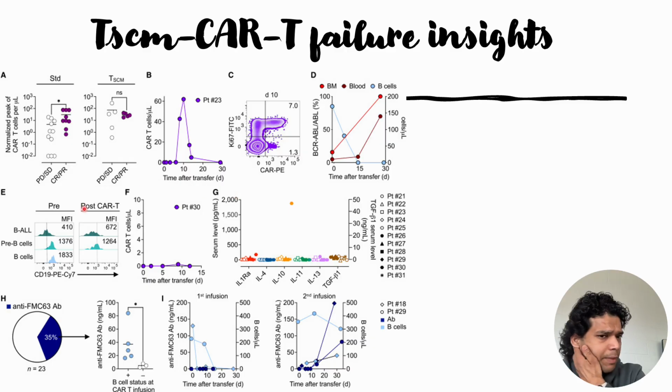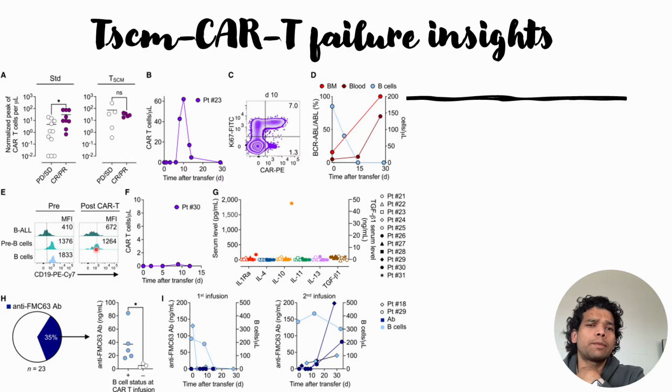Afterwards, they did further analysis in terms of CD19 expression. Before this CAR-T cell treatment, they checked the B-ALL cells, the pre-B cells, which are also the cancerous cells, and all B cells, and compared the pre and post CAR-T CD19 expression. They found that in pre-B cells, which are the immature cancerous cells, cancer precursor cells, there is an enrichment of low CD19 expressed pre-B cells. The mean fluorescence intensity goes down from 1376 to 1264, indicating that these precancerous B cells